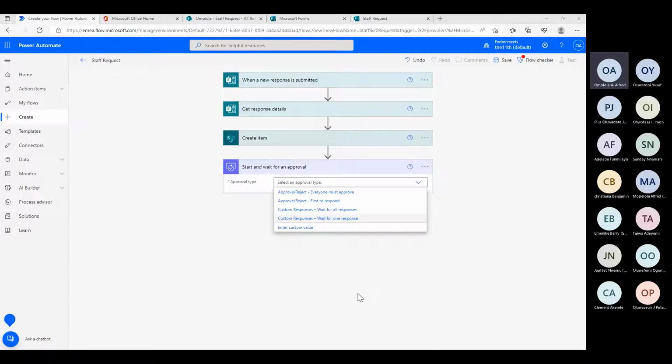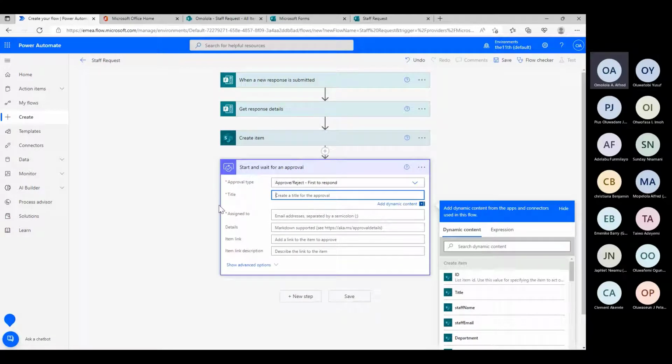Then after my manager, I want it to go to, let's say the HR is going to be number 4. Then after the HR, I want it to go to, let's say CTO. It's going to be number 5, or let's say MD, depending on the rank. So it's going to go like that. So let's say your teammate rejects, then it's going to end, meaning that there's no need for it to go to your team lead. If your teammate sees that this thing is wrong, then why should they actually go to your team lead? So we're just going to choose first to respond because we have just one approval at this